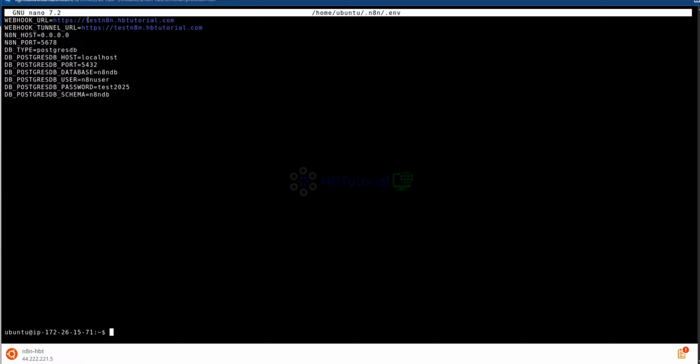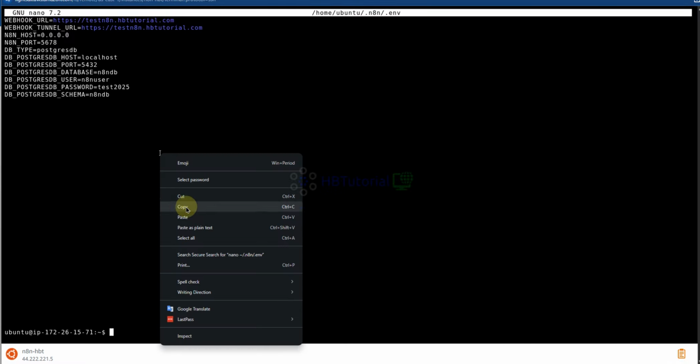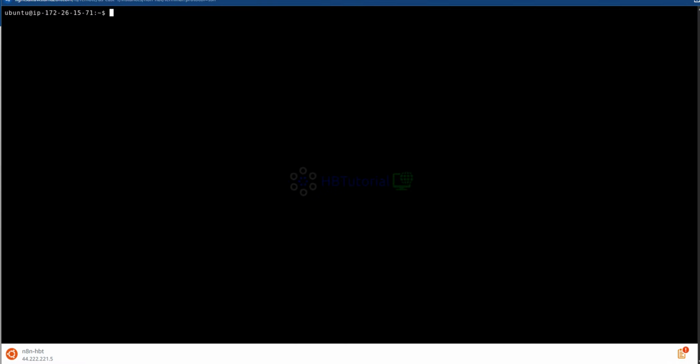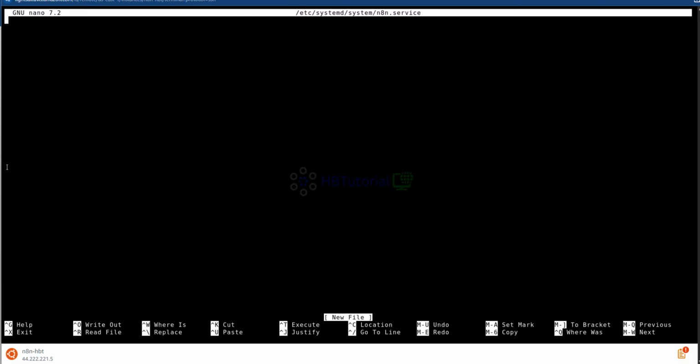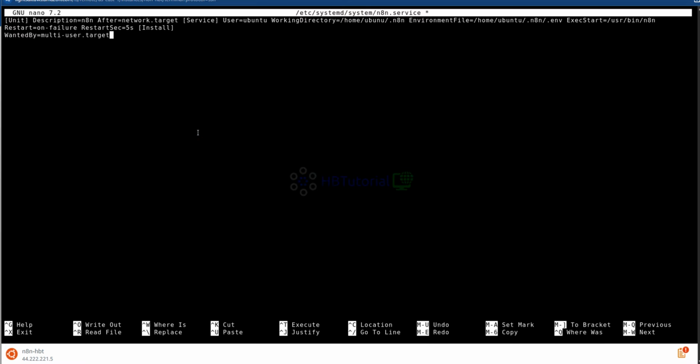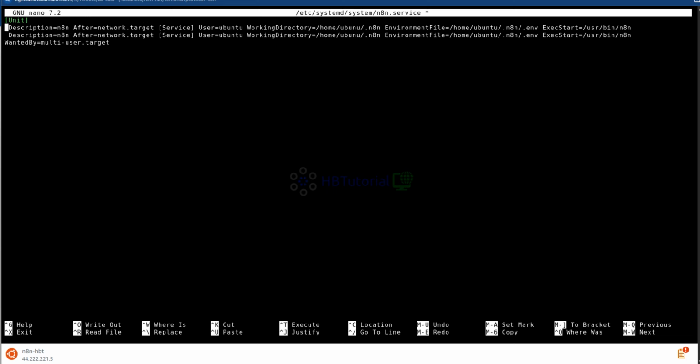Okay, so after that we're going to create the systemd file. Okay, click this one, systemd file. I'm gonna copy and paste. I have already created it over here. Let me check if I am able to paste. Yeah, so I need to fix the destination. It's not pasting correctly, so we need to fix it.